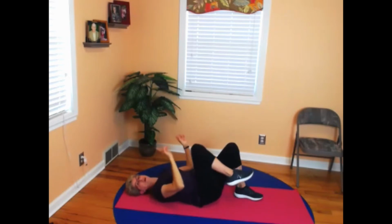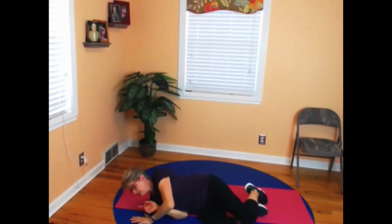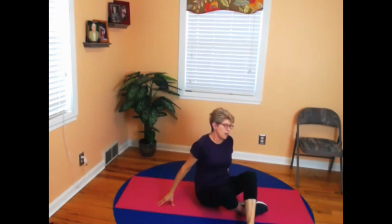All right. Go ahead and roll on your side. Push yourself up into a seated position. So the next exercise we're going to do on the mat is working on the upper body and the core, and I'm going to give you some options. So we're going to do a push-up. If you want to do the push-up on your knees, you can do it on your hands, or you can